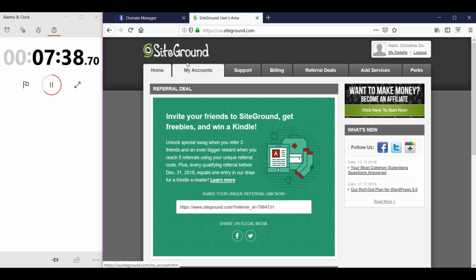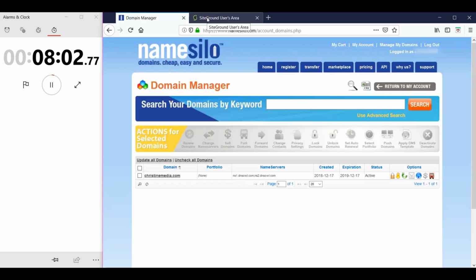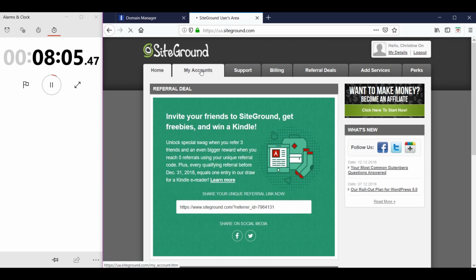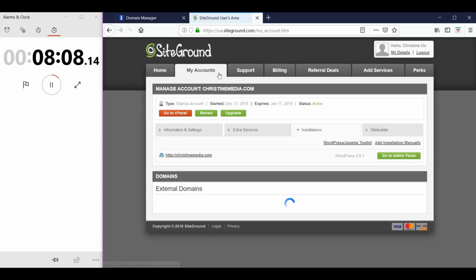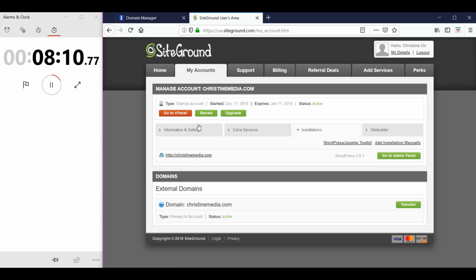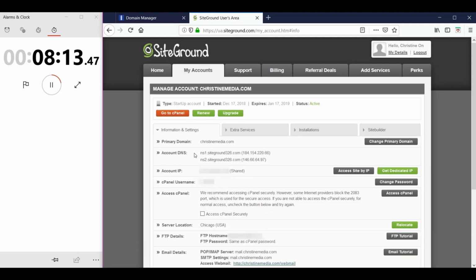Okay, so this is the main SiteGround members area, and we're already at what, 7 minutes and 45 seconds, and we've already set up the domain, we've signed up for SiteGround, and we've actually begun the process of installing WordPress, but we're not quite finished. Okay, so the next thing we're going to have to do is tell NameSilo where our site is actually going to be hosted, and you do this by going to My Accounts on SiteGround. And then you go to Information and Settings, and down here where it says Account DNS, you're going to need this information right here,